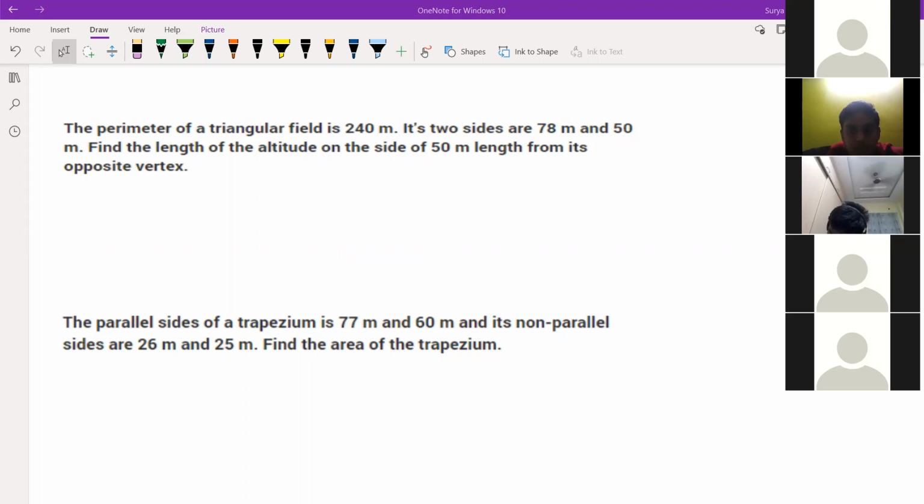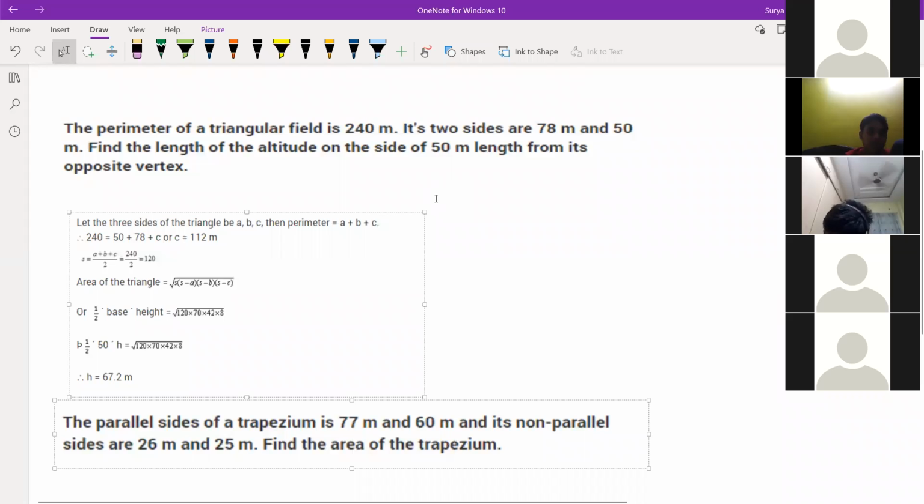Half base into height. I think you did base into height. How you have done it, I don't know. Semi perimeter you got 120, right? All of you? Yes, sir. So after doing this, the area of the triangle is the square root of s into s minus a, s minus b, s minus c. Yes, it is double, I made it half by mistake. Okay. I'll do the next one. Yeah, you can start the next one then. If you have done this, you can start the next one.